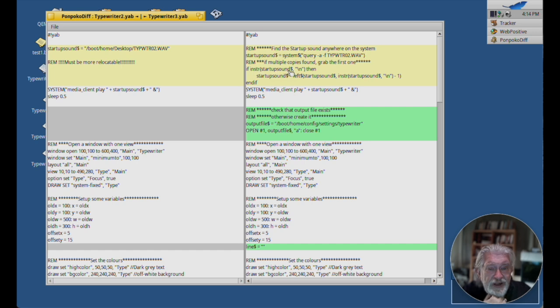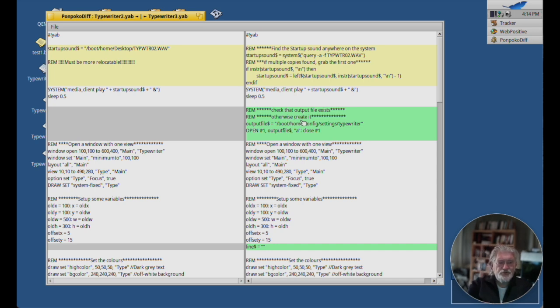If there's a line feed in this variable here, in other words, there's more than one line, then cut it down to the left of the string to where that line feed is, minus 1. And so it gives me just the first one that it found. Right, so this is the same. Now, the next thing,